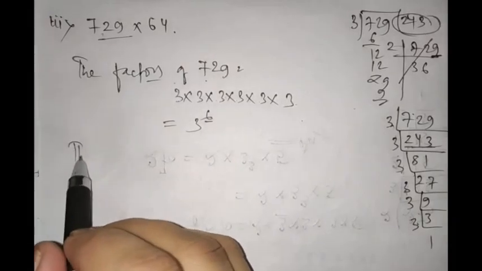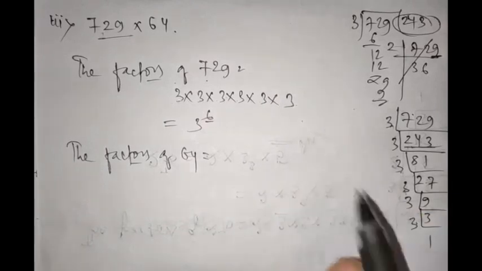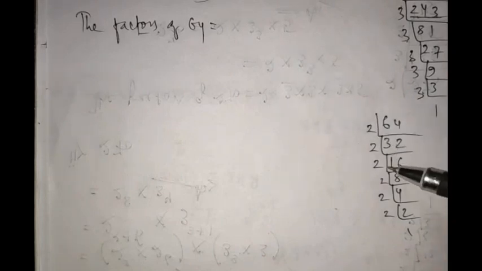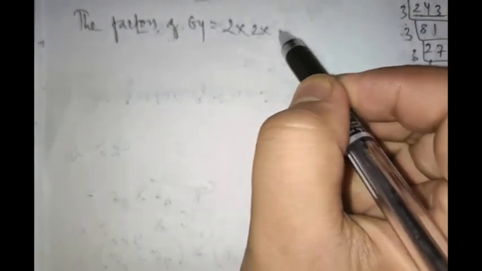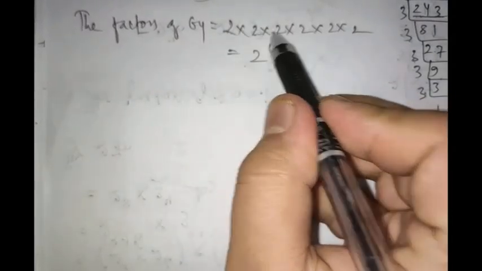Similarly, you will find the factors of 64 also. Alright, so write down the factors of 64. Okay, just use the same method, the LCM method. 2 32s are 64, 2 16s are 32, 2 8s are 16, 2 4s are 8, 2 2s are 4, and 2 1s are 2. Alright, so 64 can be represented by the factor 2 how many times? 1 2 3 4 5 6. So 2 to the power 6, right?